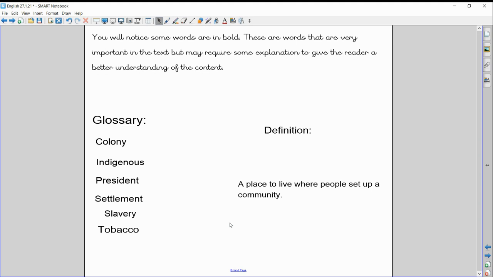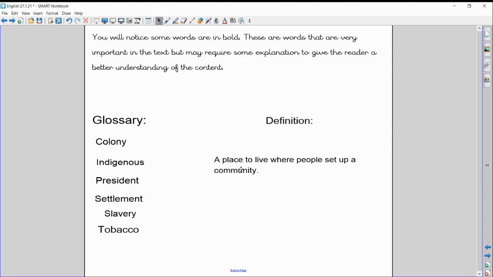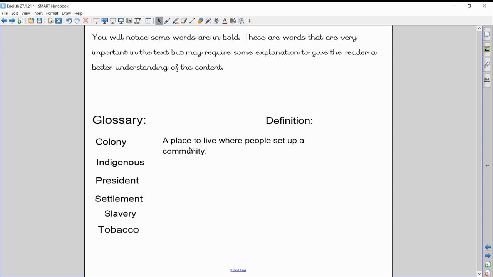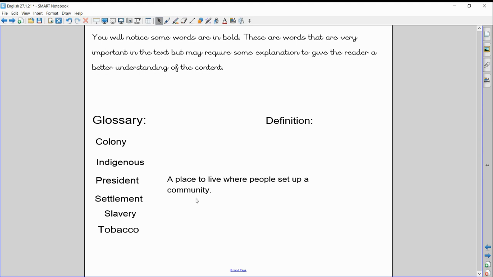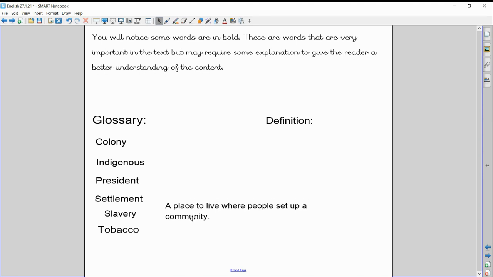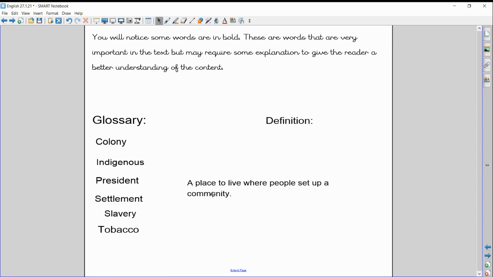Now I've got 6 words. On the right-hand side here, I've placed one of the definitions. Which word would match this definition? A place to live where people set up a community. Could that be a colony? Is that indigenous? Is it the president? Is it a settlement? Is it slavery, or is it tobacco? Well, looking at this first, I could have guessed it could have been either settlement or colony, but the actual